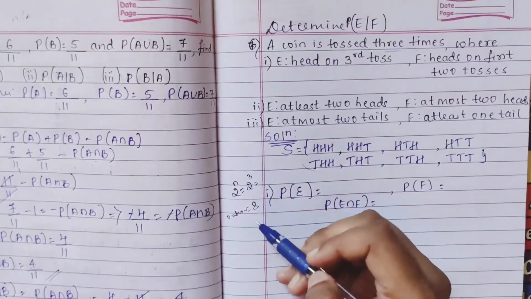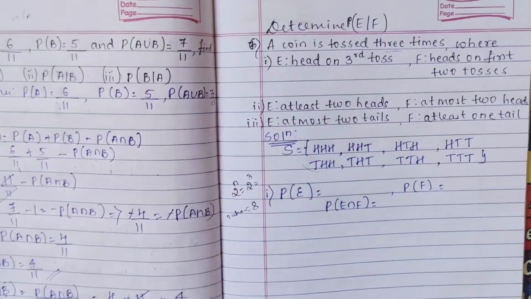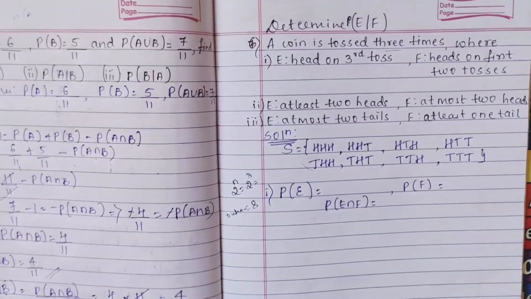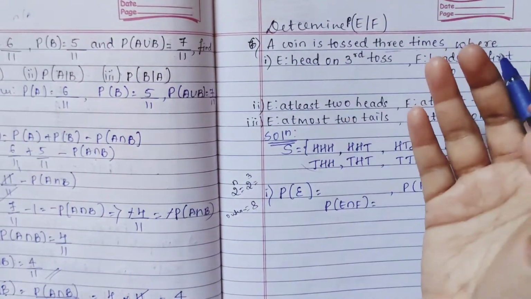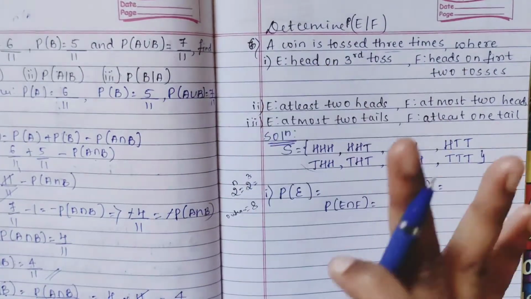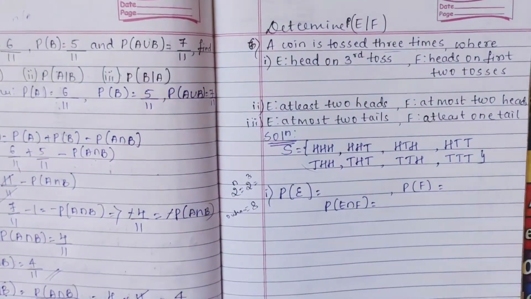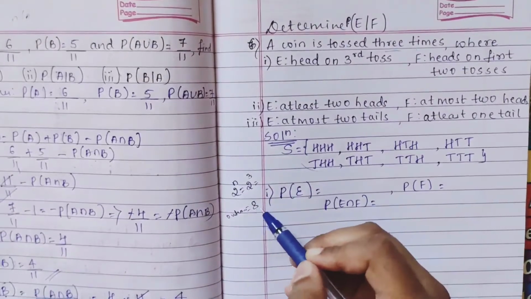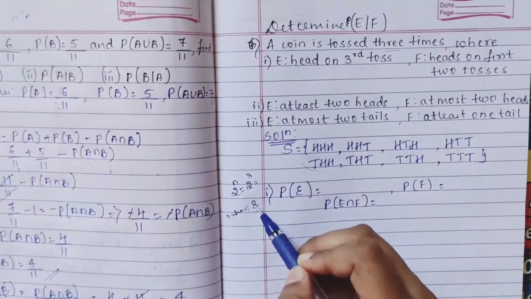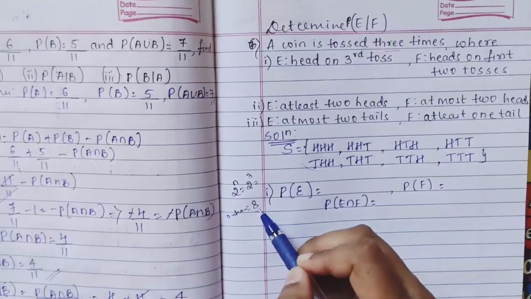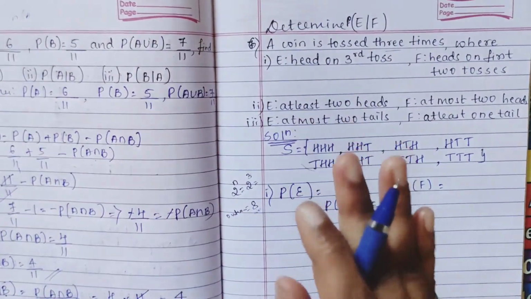Now while writing your outcomes, even here there is one trick you can use. Instead of writing head, tail, head, tail, head, tail, you might get confused. That time, here is one more trick. Now, how many outcomes are there? 8, right? So 8 half is what? 4. So 4 times heads, 4 times tails you have to write.